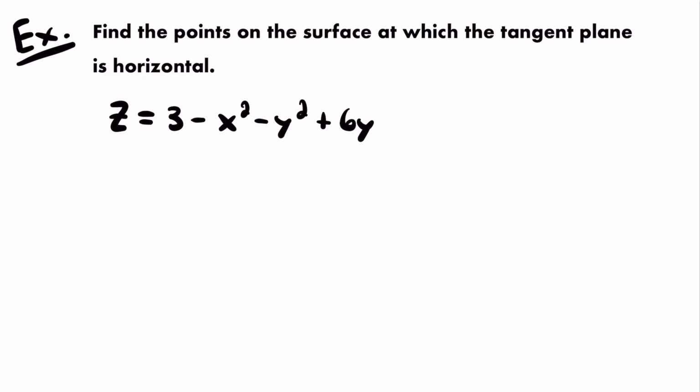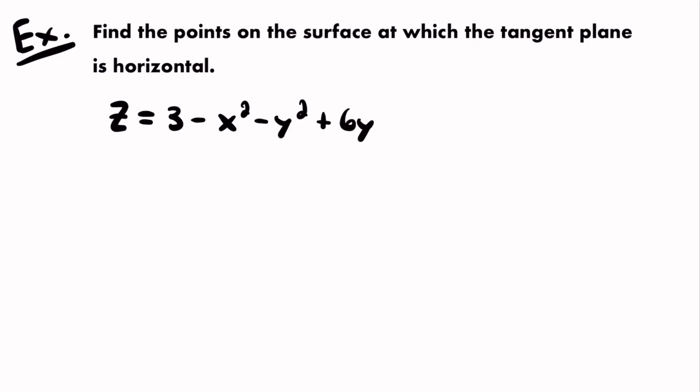Okay, so this is an interesting problem. This isn't something that I really talked about in the lesson video for this topic, but it is a problem that we can solve using what we learned about finding tangent planes. Because if a tangent plane is horizontal, what that means is that it's parallel to the xy plane, which means the only difference between a horizontal tangent plane and the xy plane is the value of z that it is